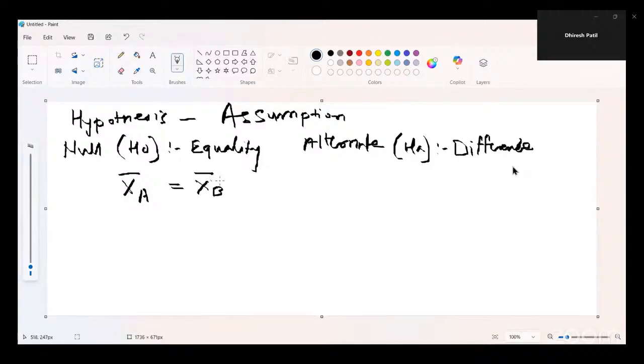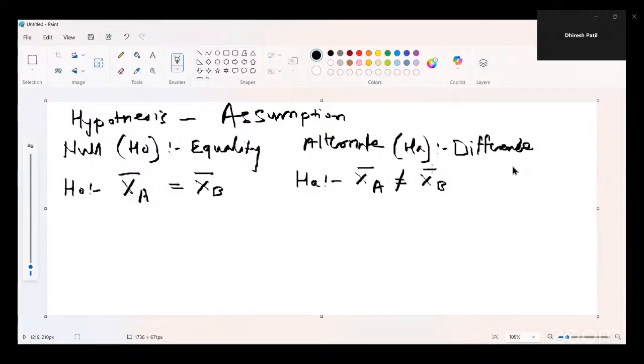null hypothesis will say that both are equal. So this is called null hypothesis. And then alternate hypothesis, which is HA, is the statement of difference, that it will say that both are different, statistically significantly different. There is a statistically significant difference between both the averages.